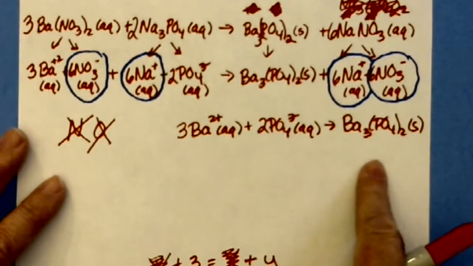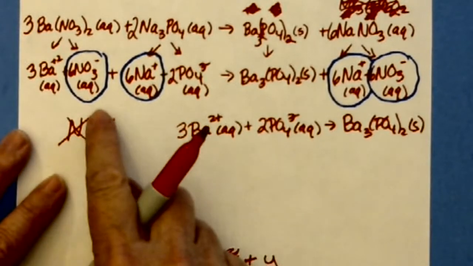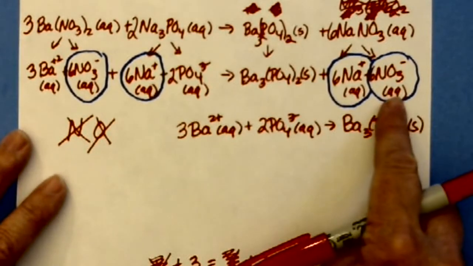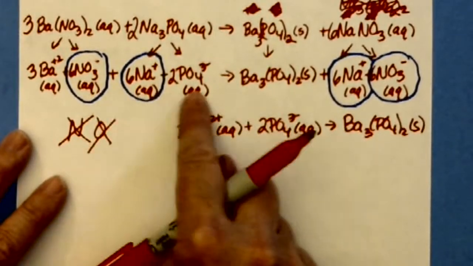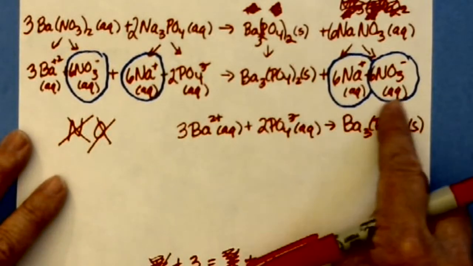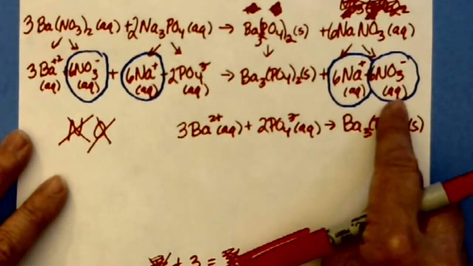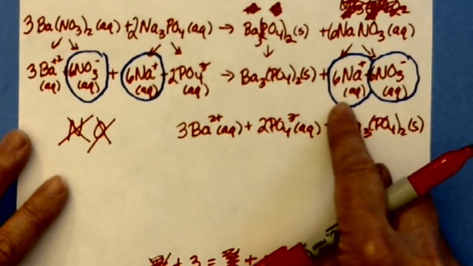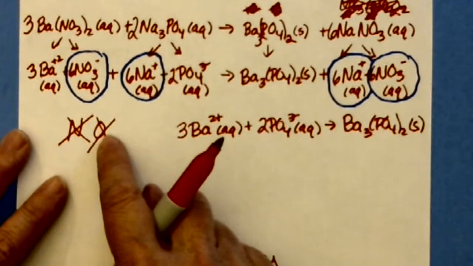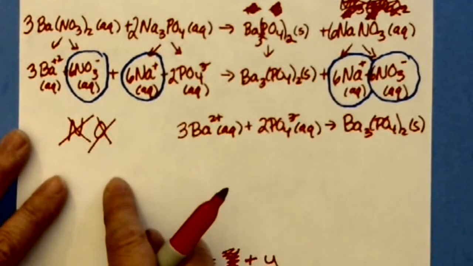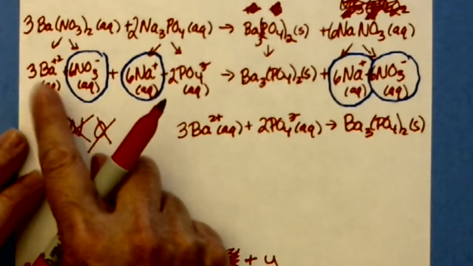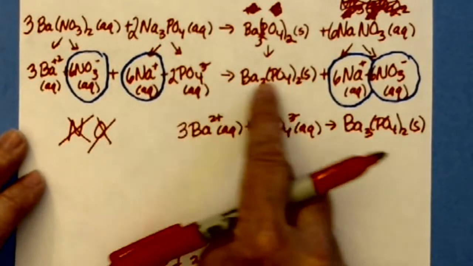So what does this all mean? It means that the sodium and the nitrates didn't do anything. They were floating around in solution before, they're floating around in solution after. Sometimes they're called spectator ions. They're just watching, they're not doing anything. The only part of this equation that's actually undergoing a chemical reaction is barium ions are finding phosphate ions and